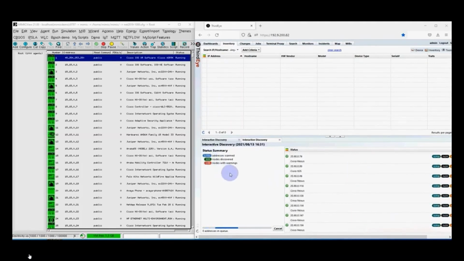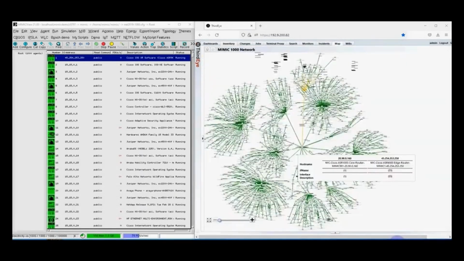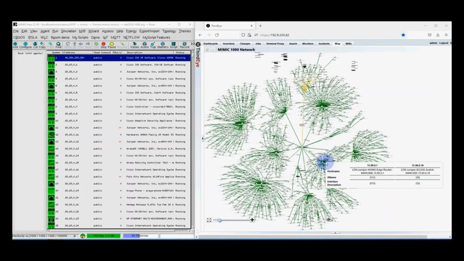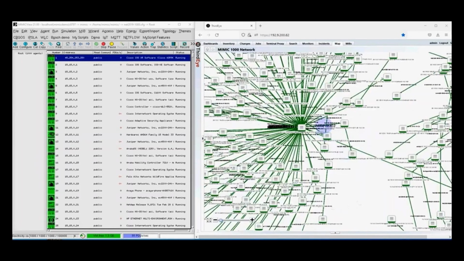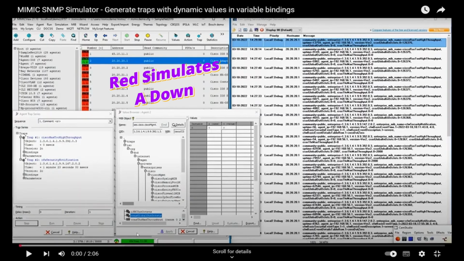Now this discovery is running CCNP, the actual network topology of the discovered network of 1,000 devices. And here's a closer inspection of it. Our devices that are all green, but they can also turn red. That's up and down behavior or health status problems with the device as a simulation for the network management tool